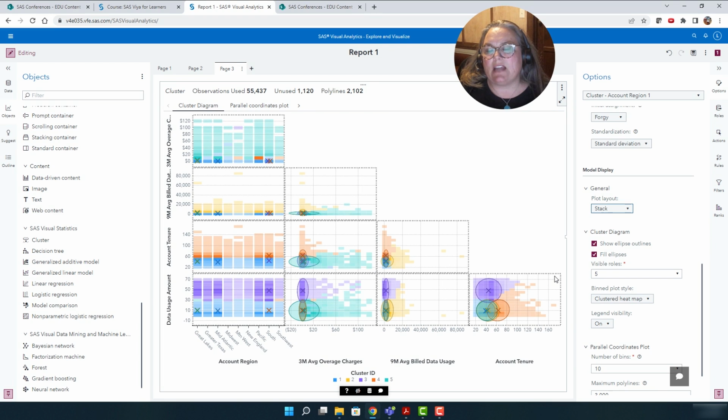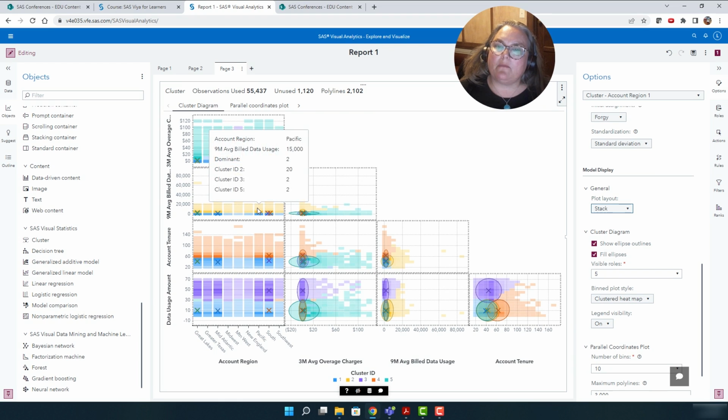So we've got these 9 different regions, and you can see that for the data usage, we've got mostly our cluster 1, and then for the higher data usage, we have our cluster 3s. And for account tenure, for the lower values, again, we have mostly cluster 1s, and the higher values tend to be cluster 4s.